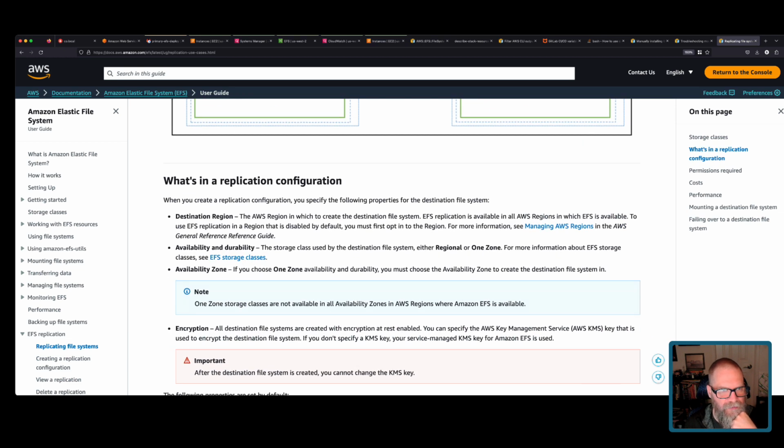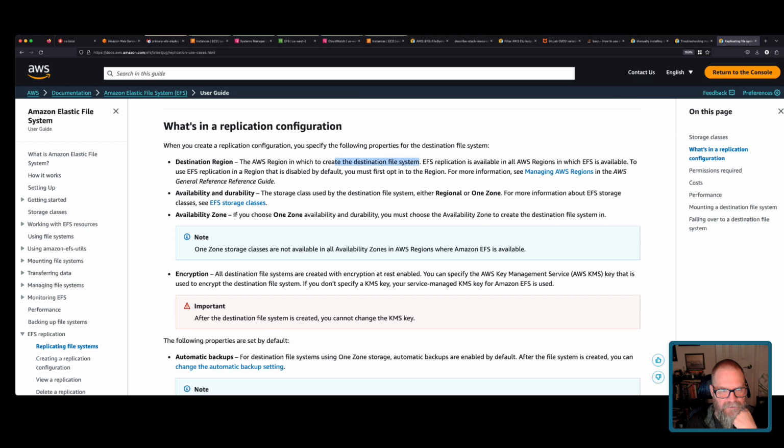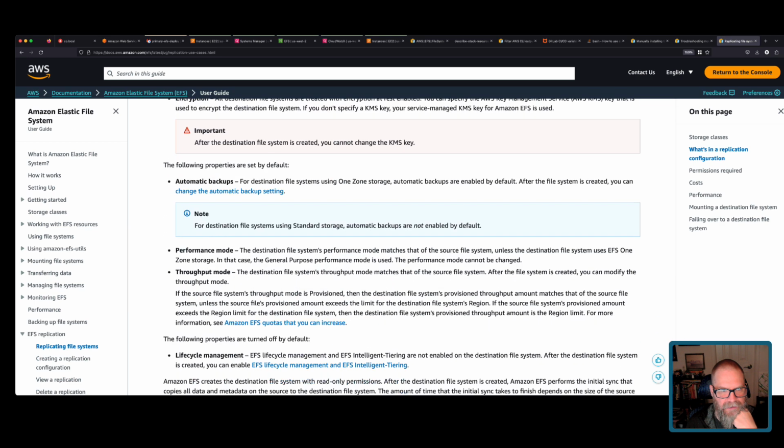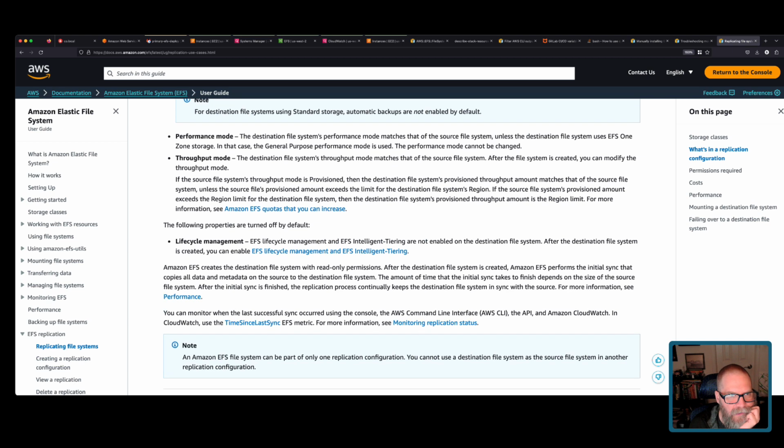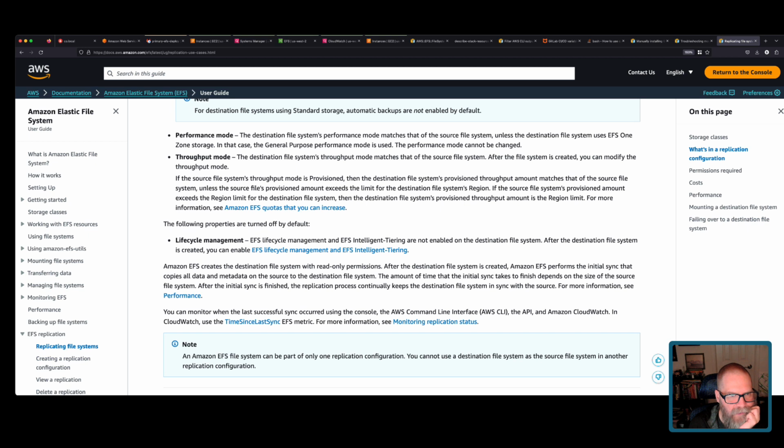All right, what's in our replication config? Our destination region, the region in which to create the destination file system. EFS replication is available in all AWS regions in which EFS is available. Availability and durability, AZ, encryption, automatic backups. It's interesting because in here, when we created